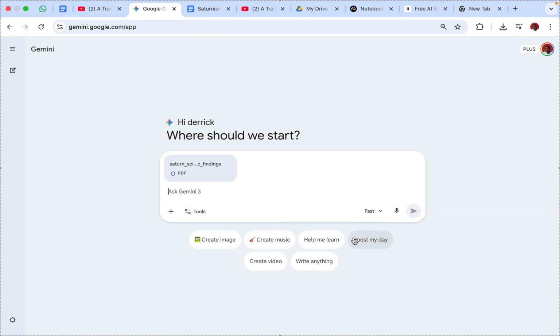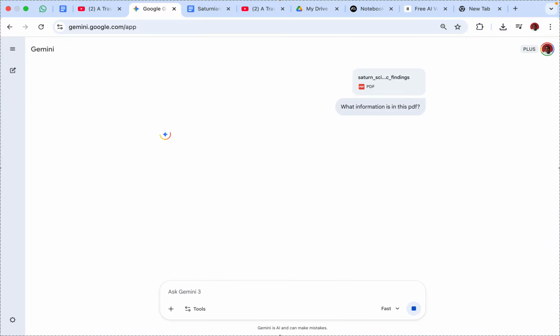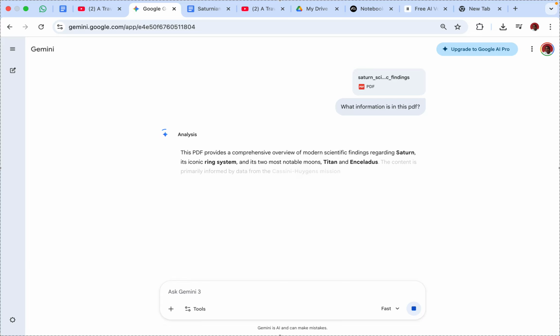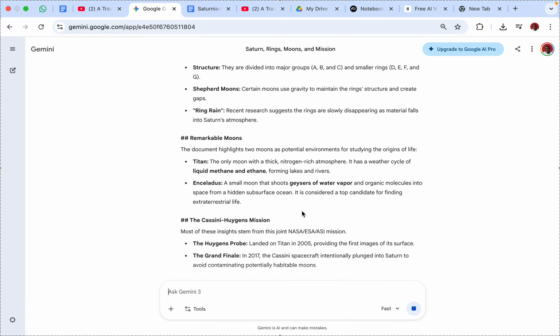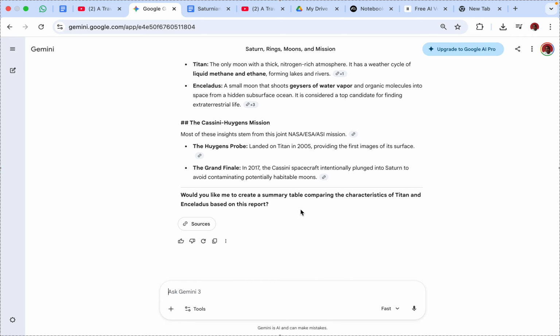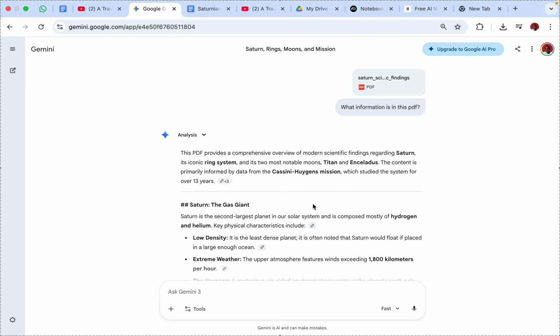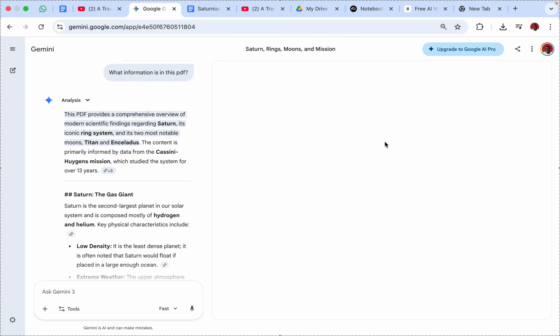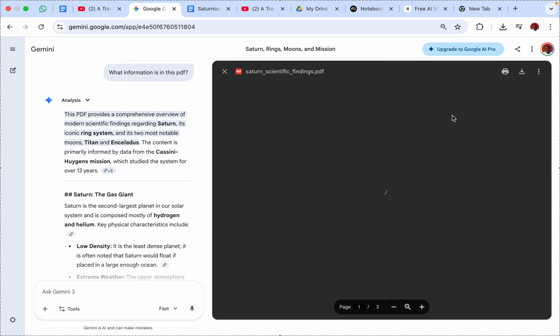and then ask what information is in this PDF. Now, this is where we see the game changer when it comes to quizzes. Okay, I mean, it's giving us some information with all the supporting links. We can click on them and then, I mean,